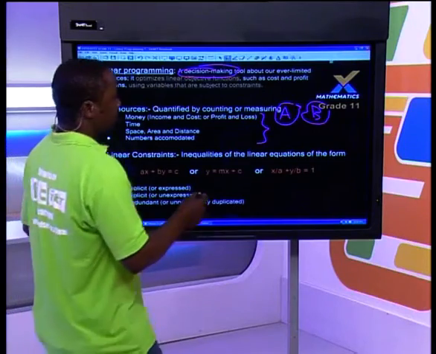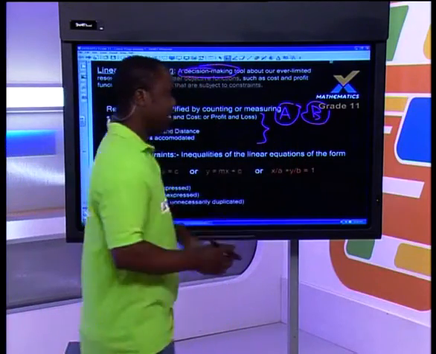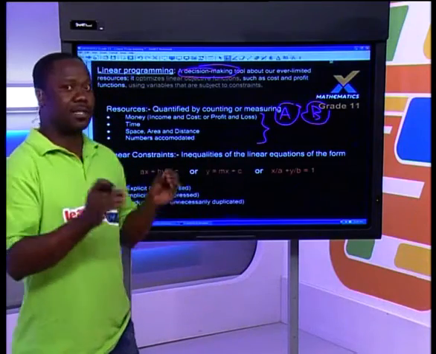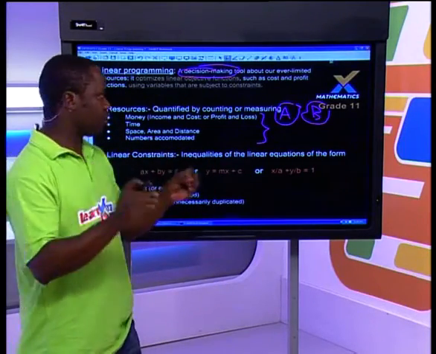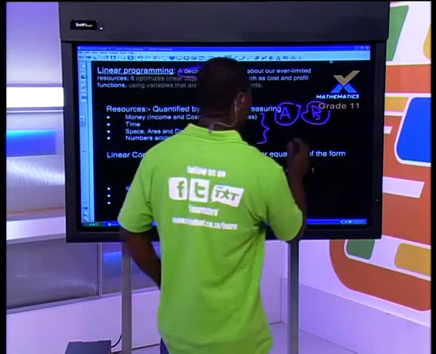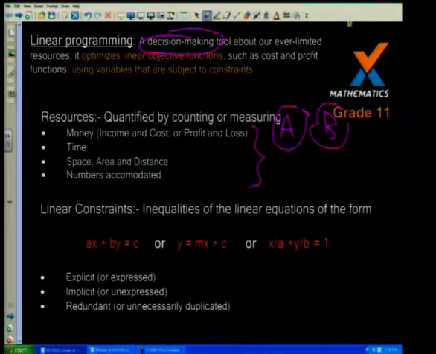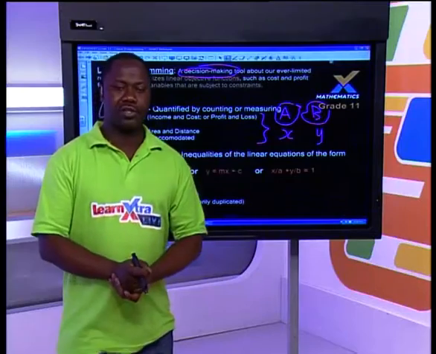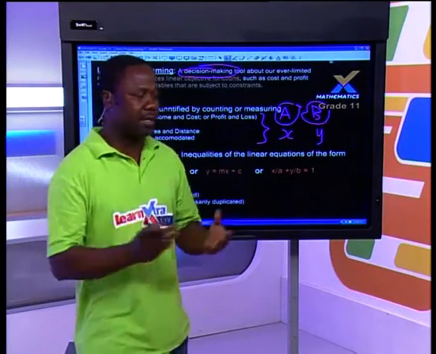All right, so if you pick type A and type B as the items that you are going to use your resources on, we will have to quantify the type A and the type B. And usually we use the X, the Y, and it could be the Z as well. So those are the variables that we use in quantifying our resources.